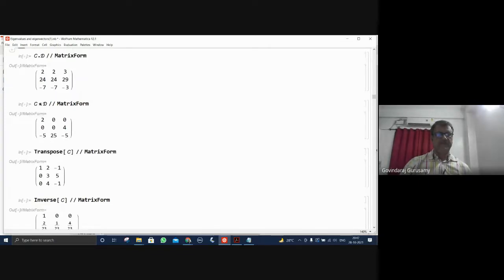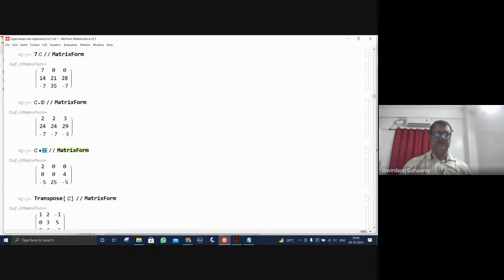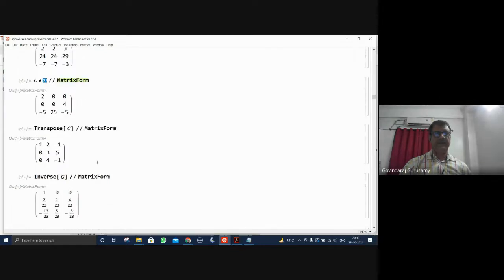That result is different from C into D. C dot D is different from C into D. This is the number, which you can verify how it is being computed by defining C as A, B, C, D, E, F, G, H, and then D is another 3 by 3 matrix, and then multiply it, and apply the same norms here and make sure that this is completely different from what you have from the C dot D.